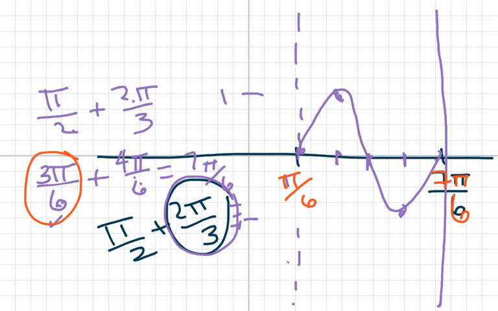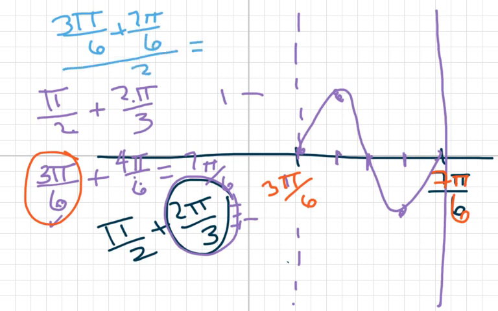If not, what you do is you add them together. So let's add those together. Pi over 6. So we already have the common denominator, it's not pi over 6, it's what? 3 pi over 6. So it's 3 pi over 6 plus 7 pi over 6 divided by 2. So that's going to yield 10 pi over 6